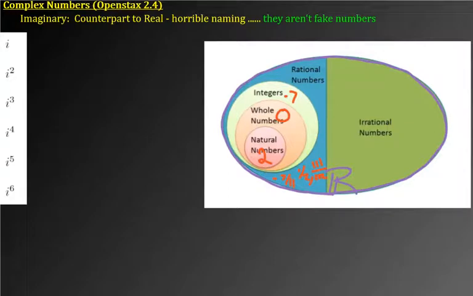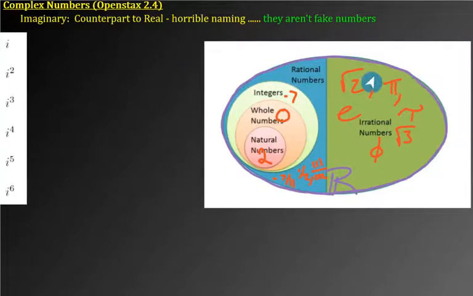The not so nice ones are irrational numbers. These are things like the square root of 2, pi. You're going to learn about something this year called e. There's something called tau. There's something called phi. There are so many here, like the square root of 3. Anything that doesn't have a fraction